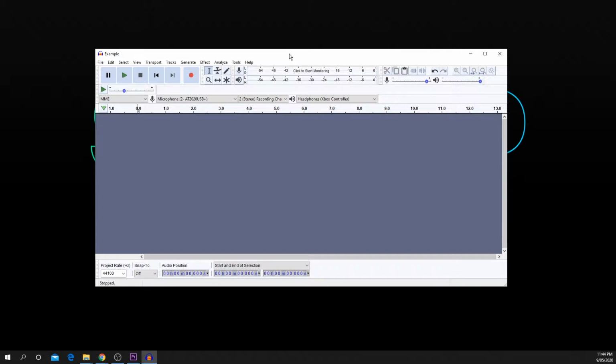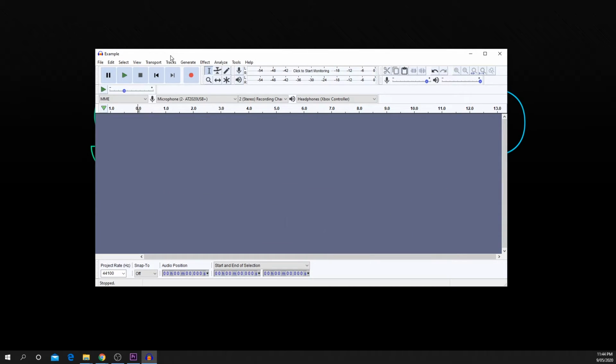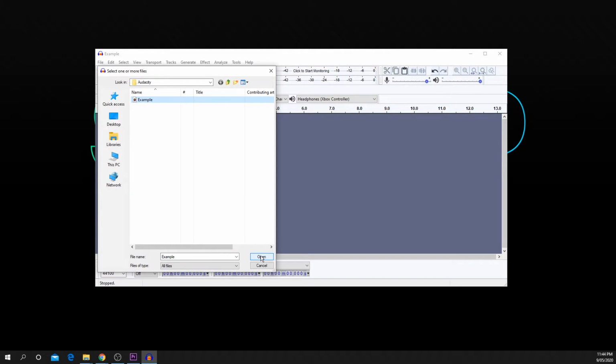Today's tutorial will be showing you how to remove background noise from a voice recording using Audacity. Begin by recording your vocals or importing an audio file. You can import an audio file by going to File, Open, and selecting the audio file through the File Explorer